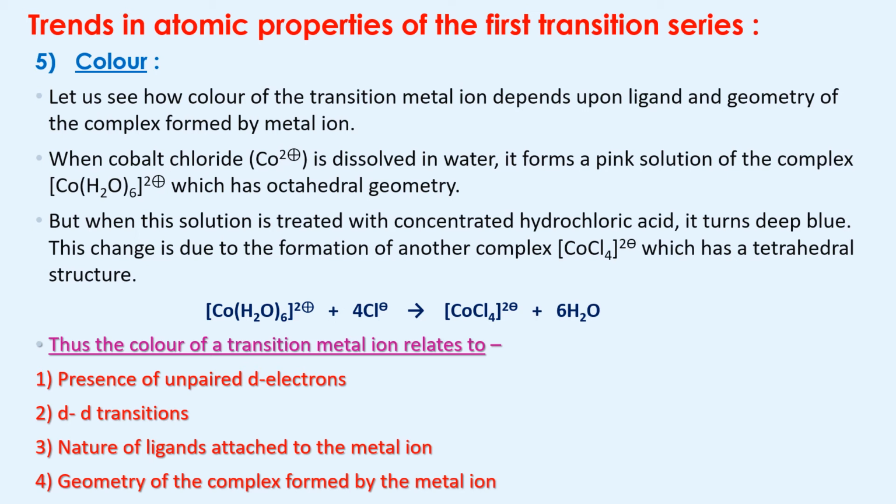So cobalt chloride dissolved in water is pink in color because it has an octahedral geometrical complex. Similarly, when this solution is once again treated with concentrated hydrochloric acid, it turns deep blue in color, and this is due to the formation of a tetrahedral structure of cobalt chloride. Okay,